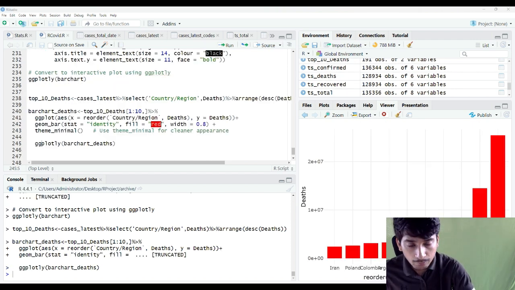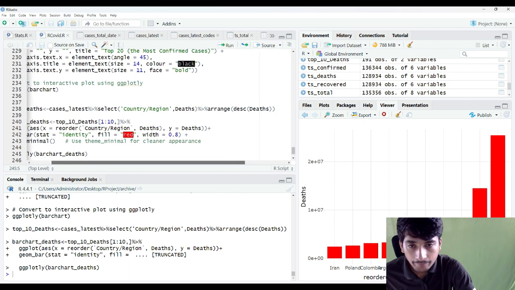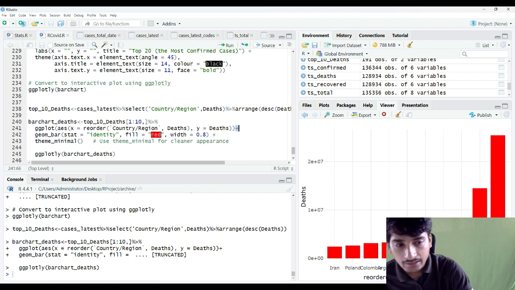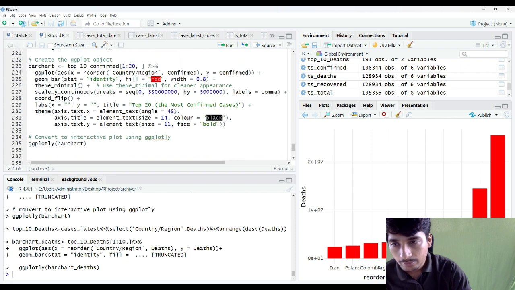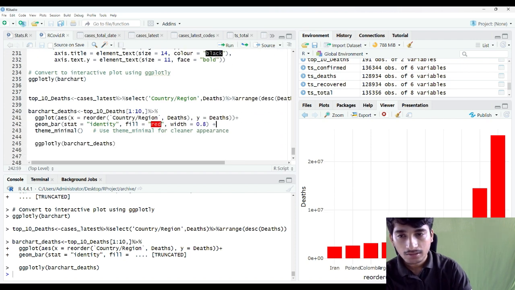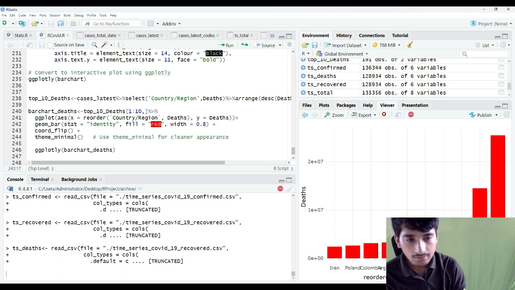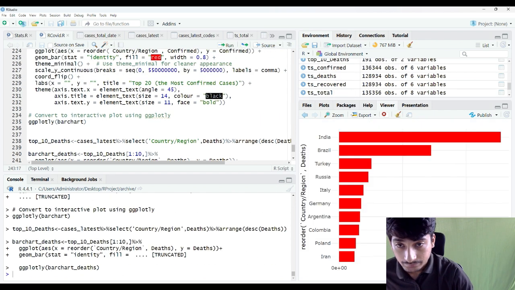And now we are able to plot it, but there were a few typos that I want to show you. The first typo was this needs to be ggplotly, and the next typo was we need to add a plus operator. Now we are able to get the top 10, but what we need to do is call a method called coord_flip to flip this plot to make more sense of it. So we will flip this plot, and we'll also need to add the titles as well as the